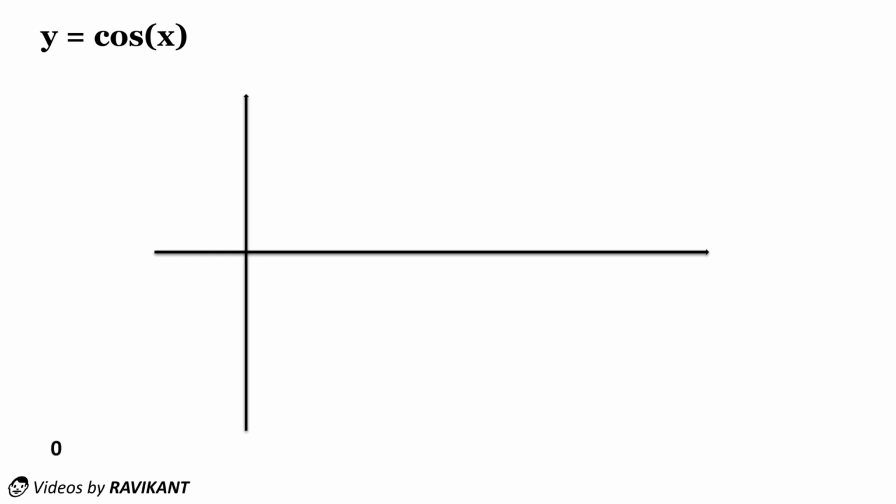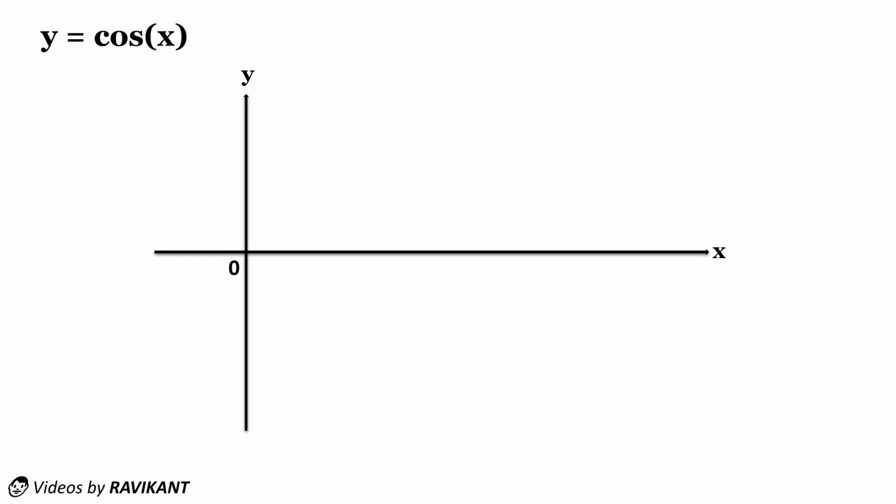Now by the same method we will draw the graph of the function y equals cos x. So let's start and assume this is our origin, this is our x-axis, and this is our y-axis. One thing I tell you is that whenever you draw a graph, you should know where it will be maximum, minimum and 0. If you know these parameters, then you can easily draw a graph.